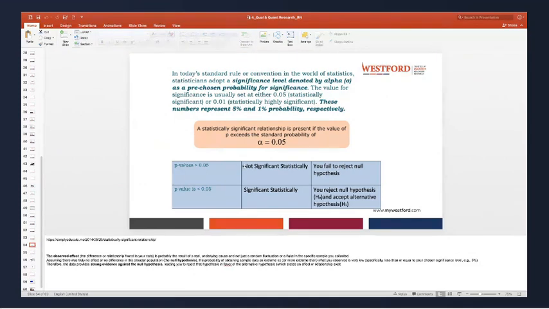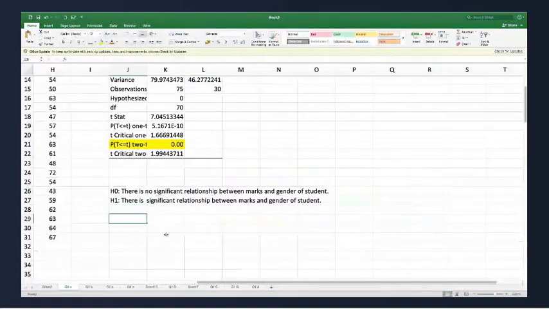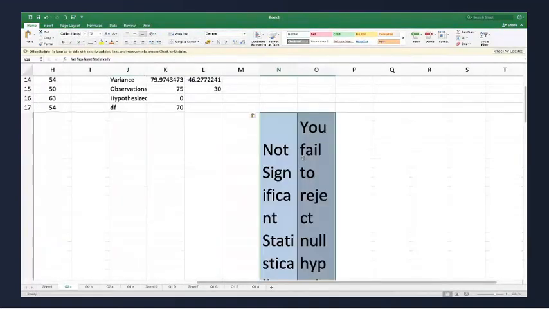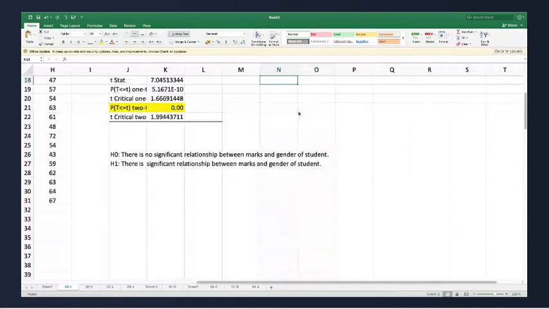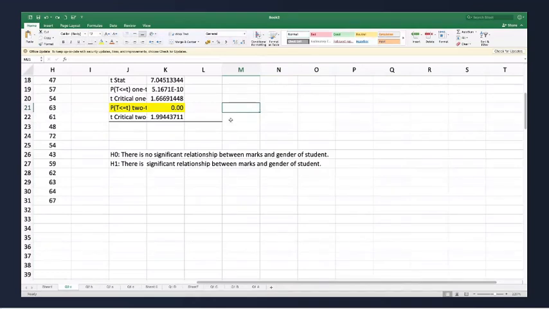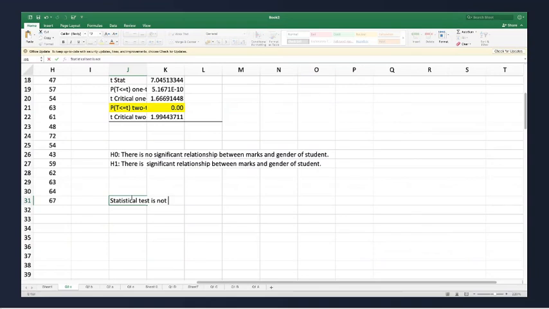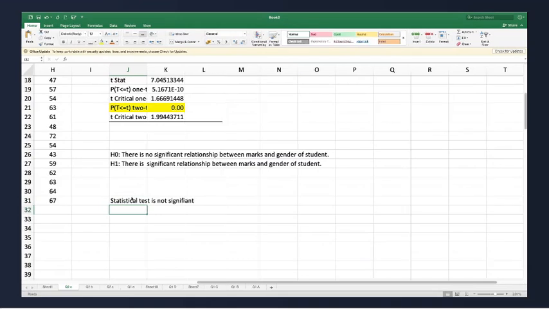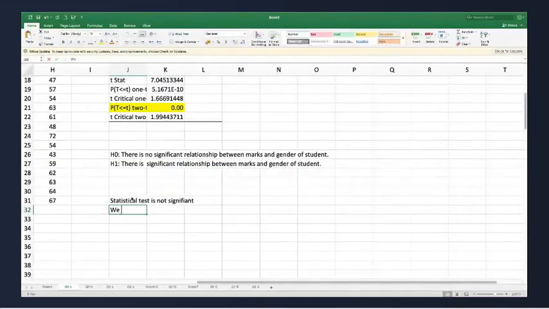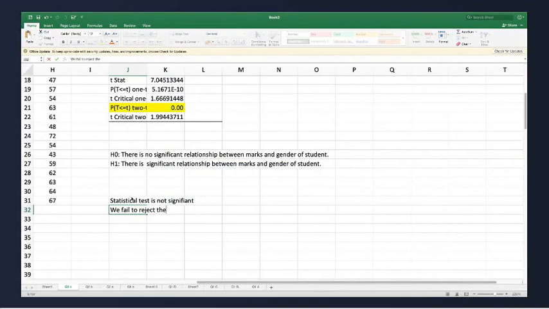So this is going to be my conclusion, that according to the test, my statistical test is not significant, and you will say that we fail to reject the null hypothesis.